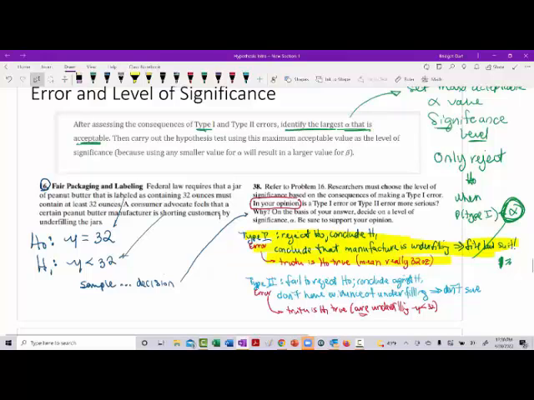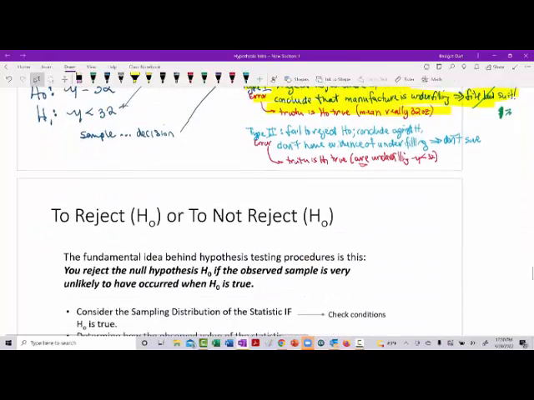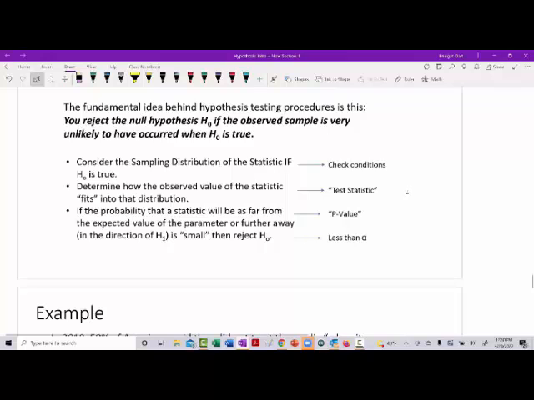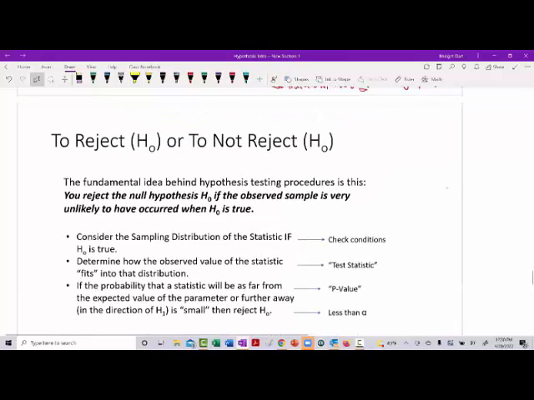How likely is it that I'm going to be wrong? I don't want to be wrong and make a mistake and spend a lot of money only to find out that I'm wrong more than 1% of the time, 5%, 10%. Those are the most common levels of significance. And so in summary here, this is in general how we'll eventually get to how we make our decision to